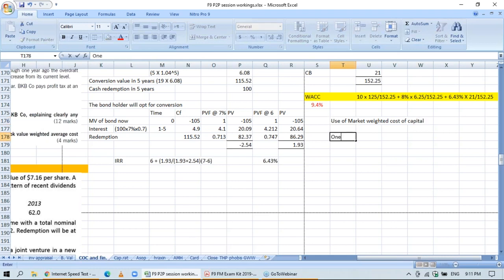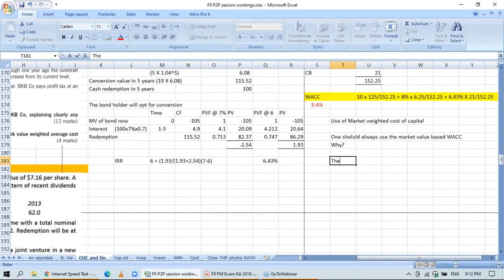One should always use the market value based WACC. Why? The question is why? The answer to this question is that the market value,